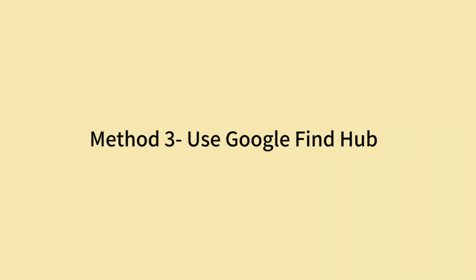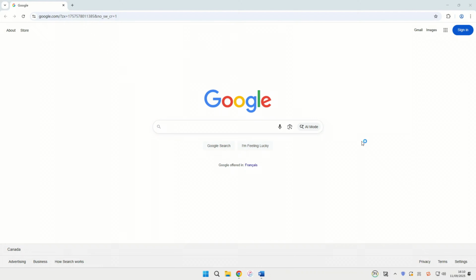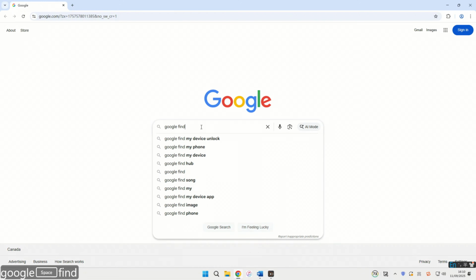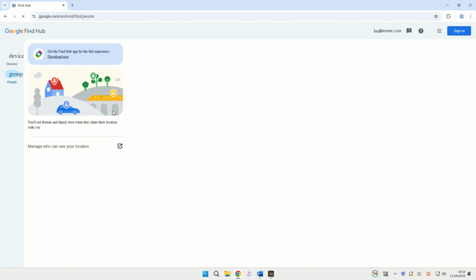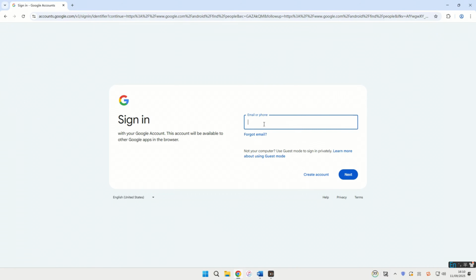Okay, let's come to method 3. Unlock an Android phone when you've forgotten the password using Google Find Hub through a remote factory reset. However, this method only works for those who have previously enabled the Find My Device feature before forgetting the Android password. Alright, on a computer or another phone that's accessible, open a web browser, and go to the Google Find Hub website. Then sign into your Google account associated with your locked